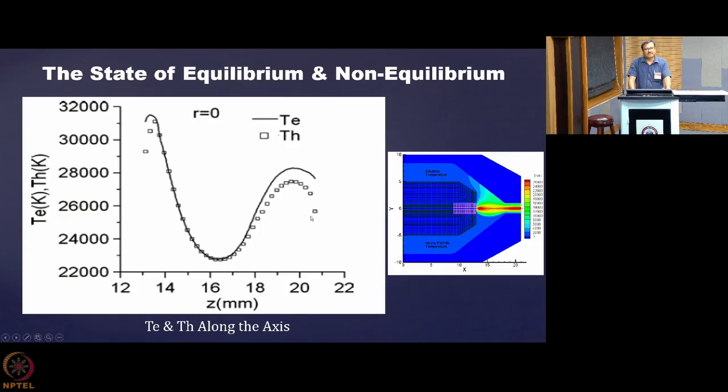But anyway, they are very close to each other, and they are perfectly matching with each other near the axis, inside the device. But when they come into the process zone, they vary, though the variation is not much. You see this much only, and it may be say 2000 degree Kelvin or so the difference. So they are more or less equal.